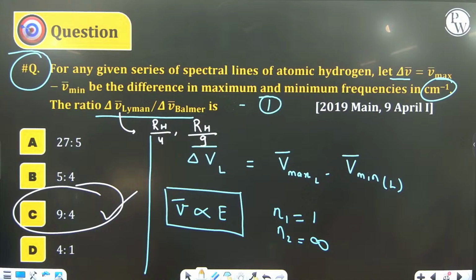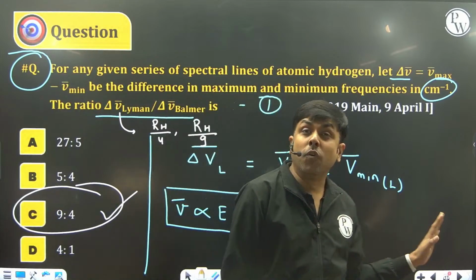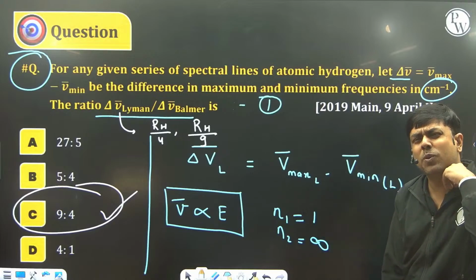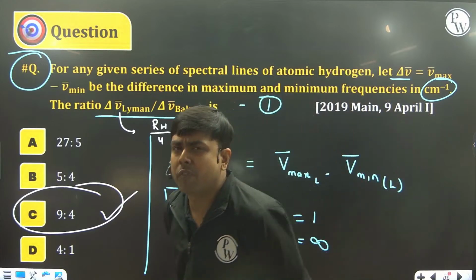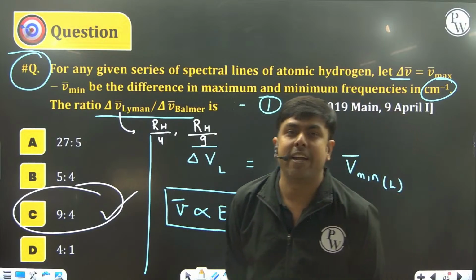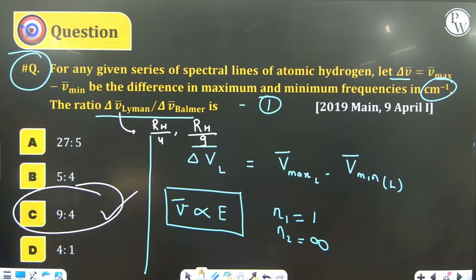Am I clear, everyone? Is this clear to everyone? How many of you could solve it? A very important question related to hydrogen spectra. Frequently asked question, or one of the most typical questions which you may find either in JEE Mains paper or in IIT's paper. Shall we move ahead?